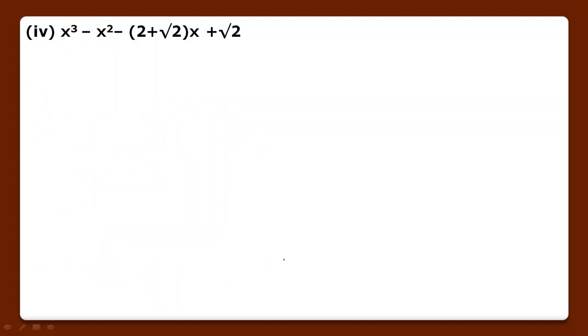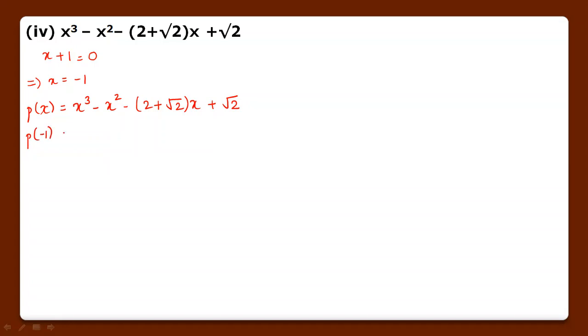Now we'll see the fourth part. x plus 1 पे ही चेक करना है यहाँ पे भी. Implies x की वैल्यू minus 1. We are given the polynomial x cube minus x square minus 2 plus root 2 x plus root 2. Here it is x. अब हम x की जगह -1 put करेंगे, -1 cube minus -1 square minus 2 plus √2 into -1 plus √2. -1 cube is -1,